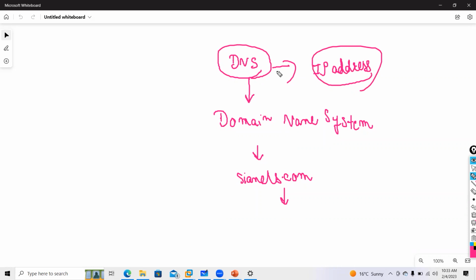So DNS is a component which translates your domain name to IP. You can remember cnets.com, but you cannot remember the IP address of cnets.com. That is where DNS comes into the picture. Simple definition, DNS is basically name into IP address.